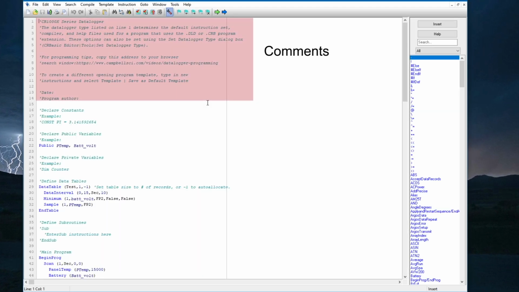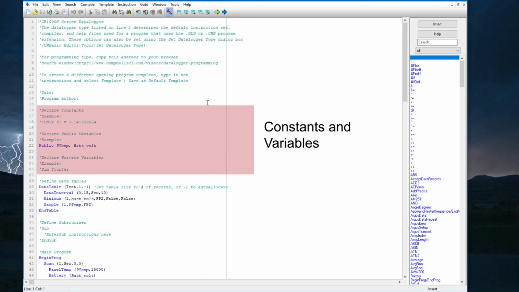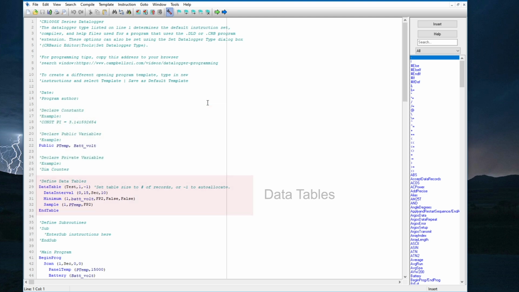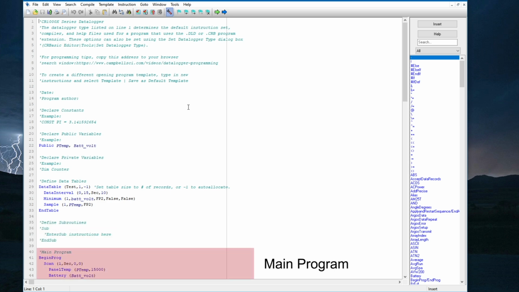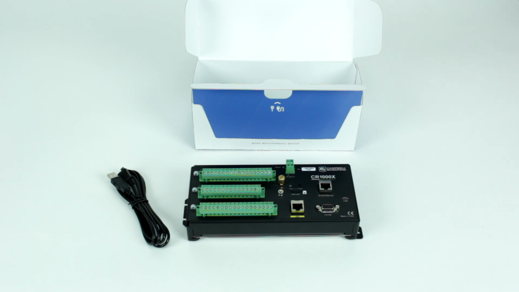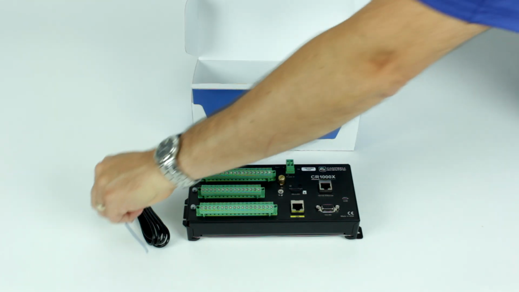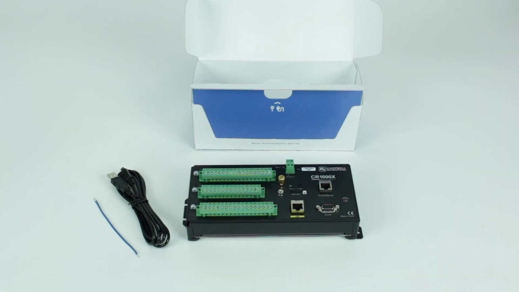The template program contains all the commonly used components of a program, eliminating the need to recreate these components when writing a new program. In this exercise, I will start with the CR1000X default template program and modify it to make a thermocouple measurement. Campbell Scientific ships a Type T thermocouple with our data loggers because it's an easy-to-use sensor to get started with in CR Basic or Shortcut.